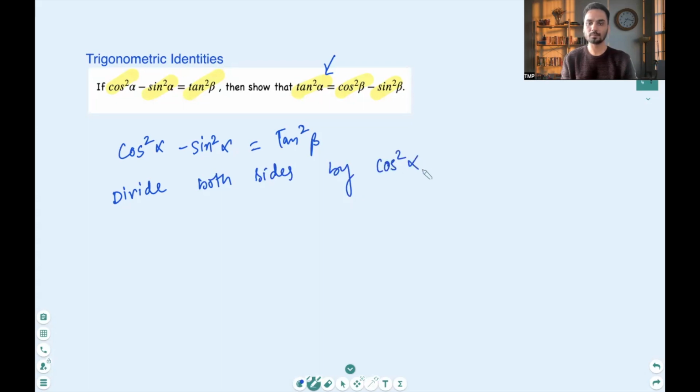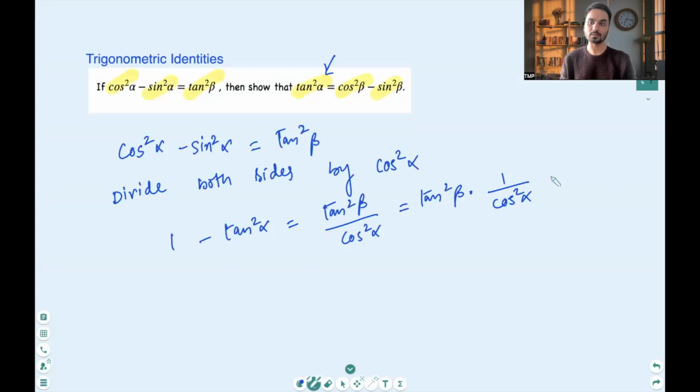cos²α. So you will get cos²α divided by cos²α, which is 1, minus sin²α divided by cos²α, which is tan²α, and tan²β divided by cos²α, which is same as tan²β times 1 over cos²α, and we know that 1 over cos is sec, so you have tan²β times sec²α. So you have 1 minus tan²α equals